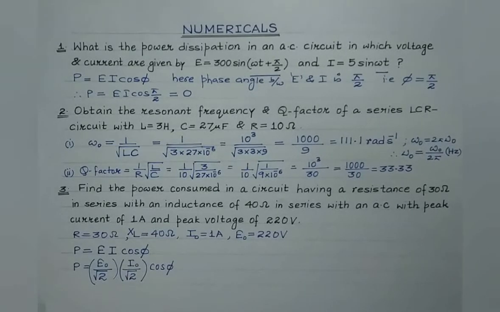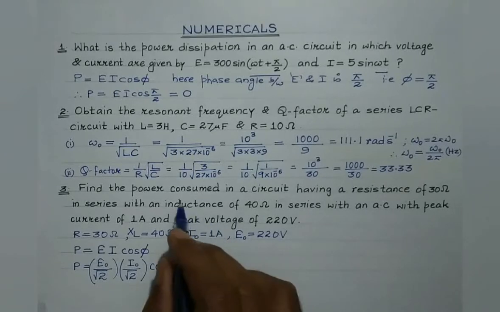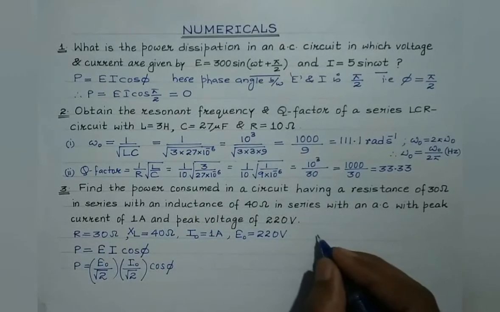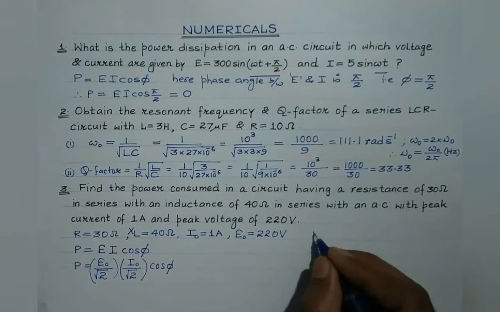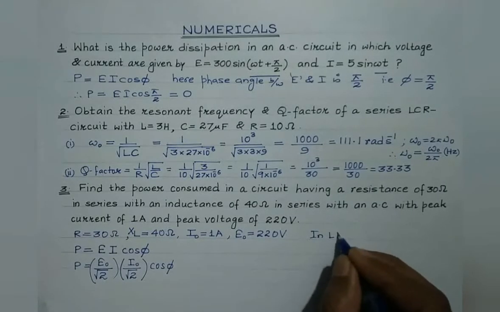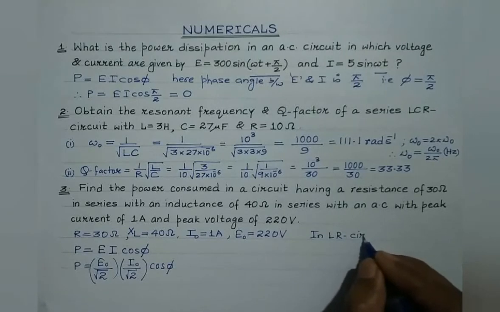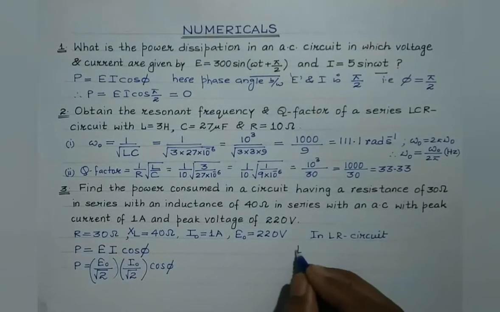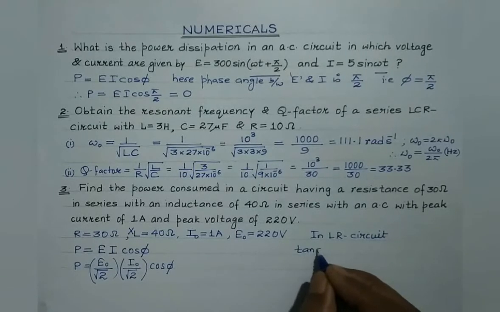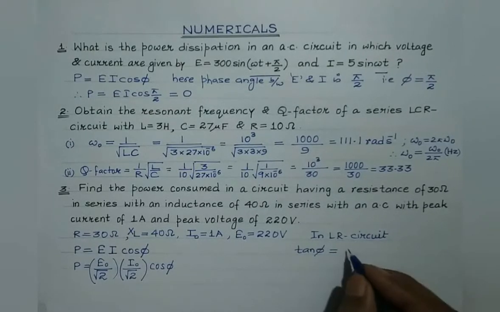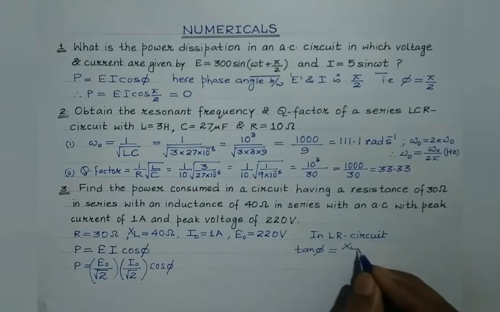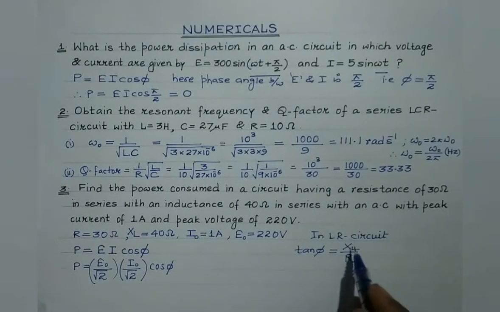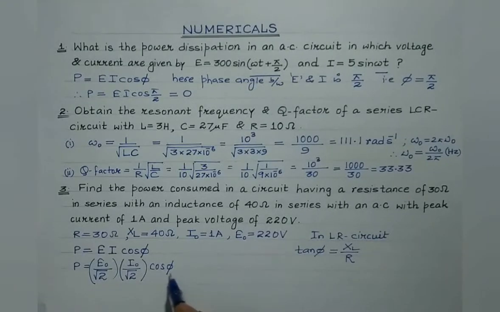Now cos phi. We are aware that this is the case of LR circuit. Inductor and resistor are connected. So it is the case of LR circuit. And in LR circuit, series circuit, we are aware that the EMF leads the current by phase angle phi given by omega L by R, XL by R, right? So from this information, tan phi equals XL by R, we can easily find out the value of cos